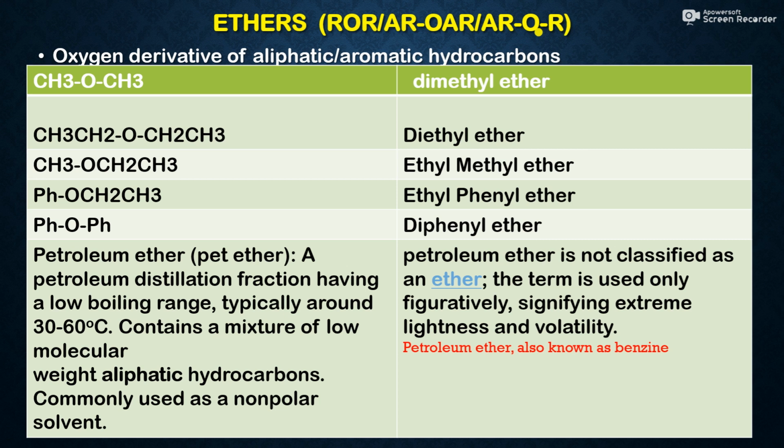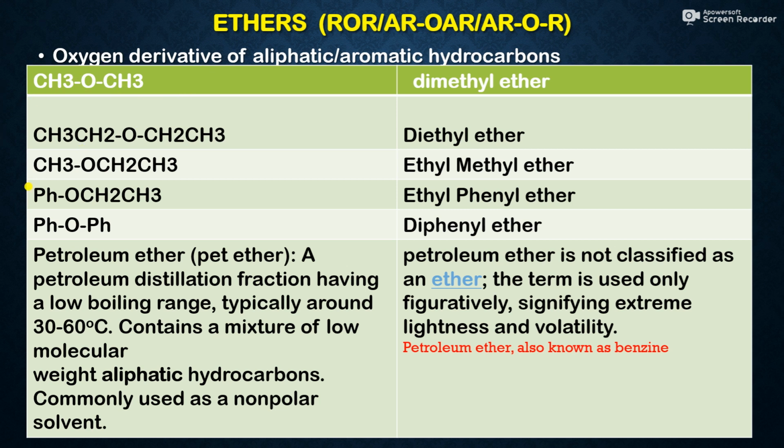The smallest ether compound is dimethyl ether. It has two CH3 groups, one on the left hand side and another on the right hand side. That is, oxygen is flanked by two alkyl groups, methyl groups. So this type of ether is a symmetrical ether, as both groups on both sides of oxygen are identical.